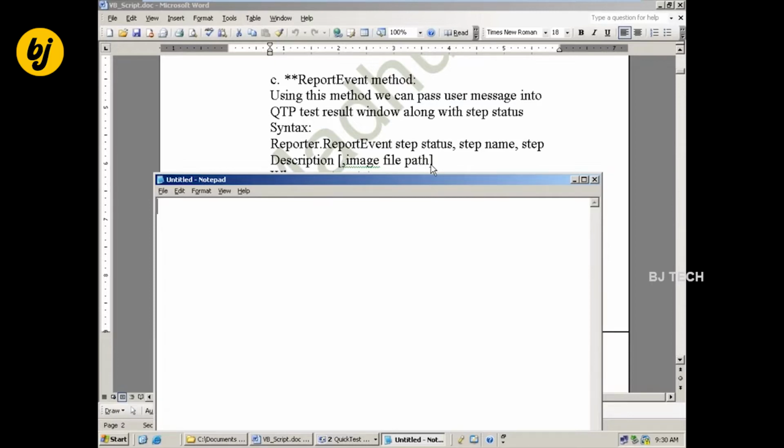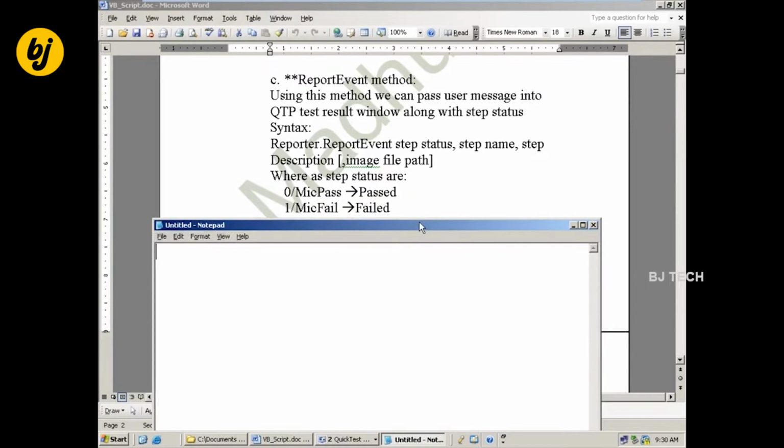Now, what type of status can we pass into the test result window? There are 4 types of status we can pass: passed, failed, done, warning.